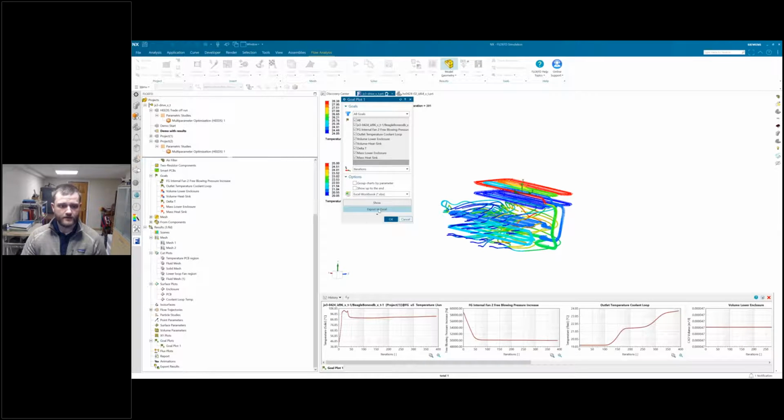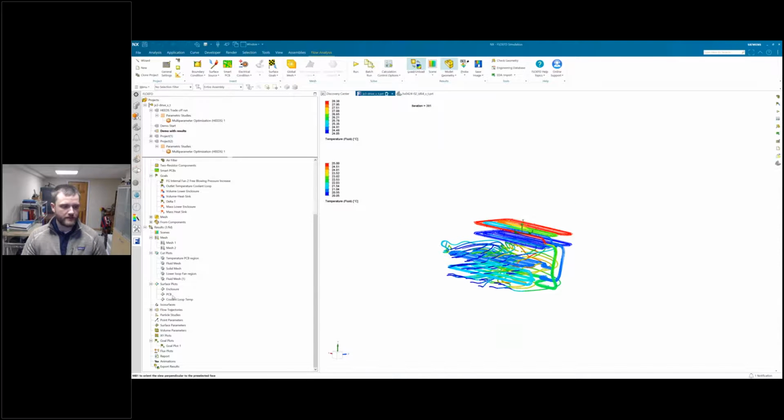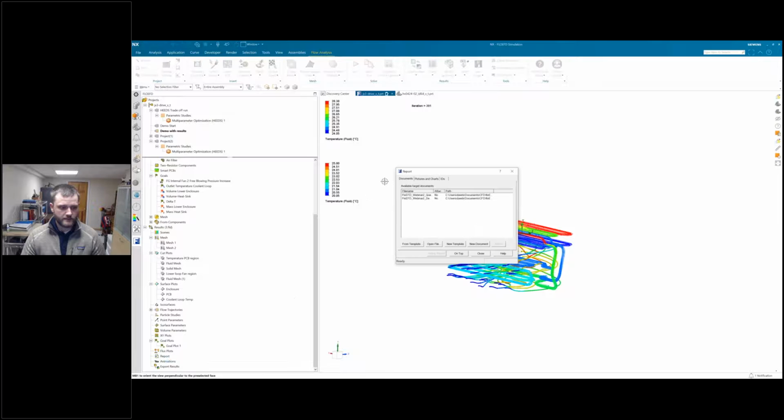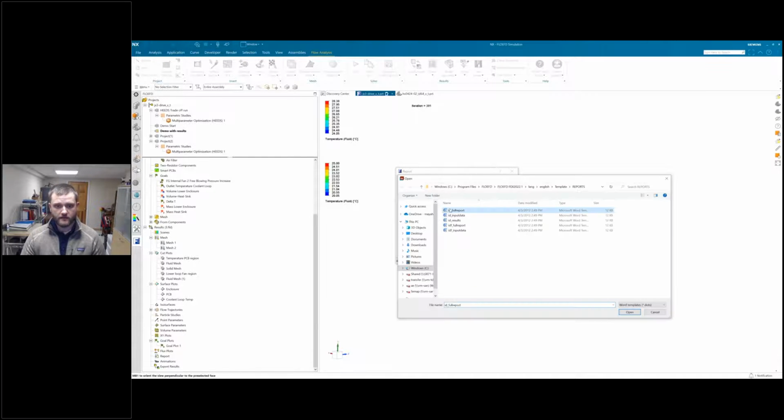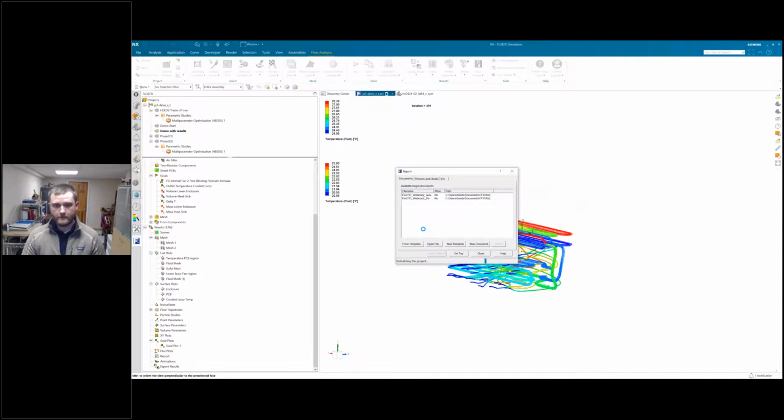And also, speaking of things that maybe we want to send to a customer, we have the ability to create these nice reports that are really easy. Maybe you want to create your own template, but also FluentAFD has their own quick templates. In this case, we'll just do a full report. It just takes a second to run. And then we create this nice report.